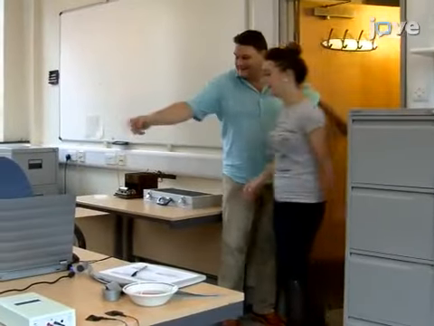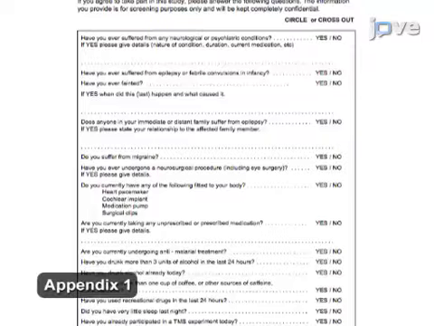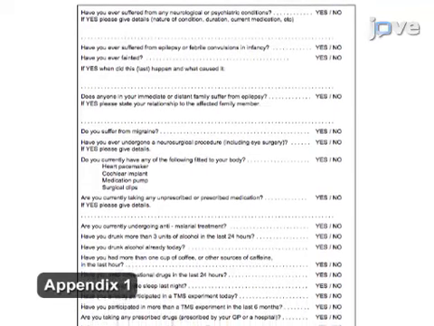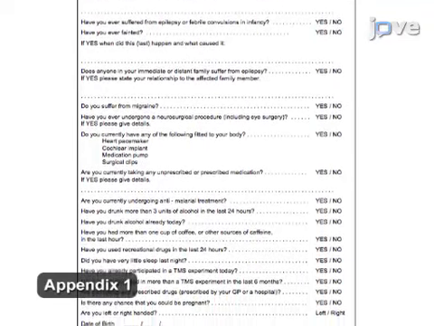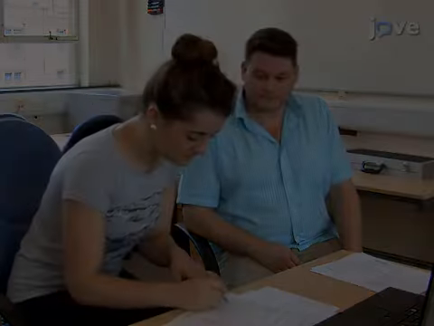After welcoming the participant, ask them to read the information sheet and complete the tDCS safety questionnaire. If there are no contraindications to performing